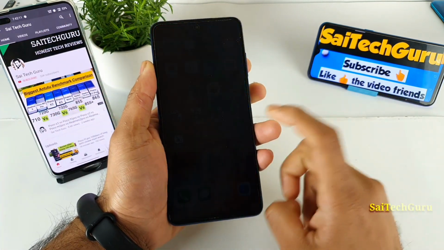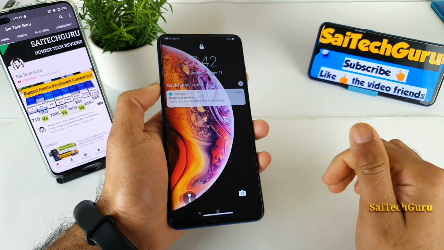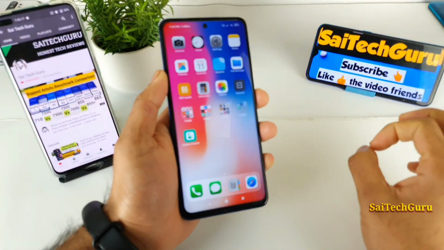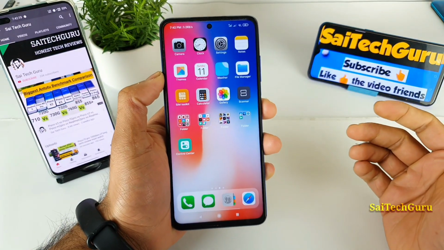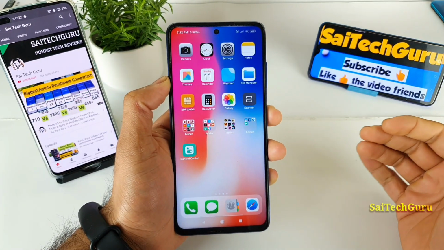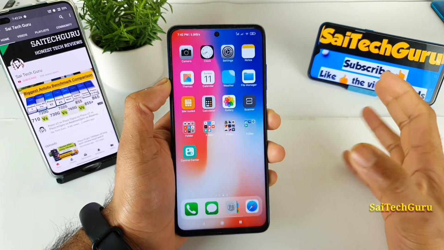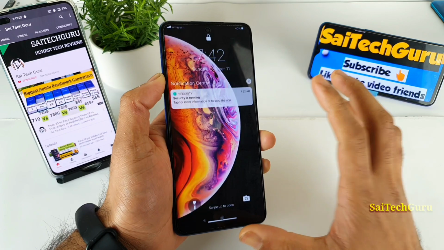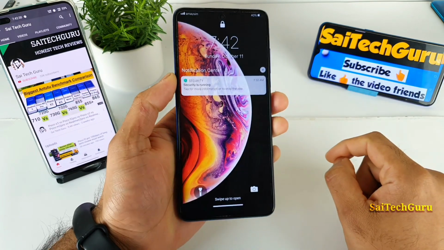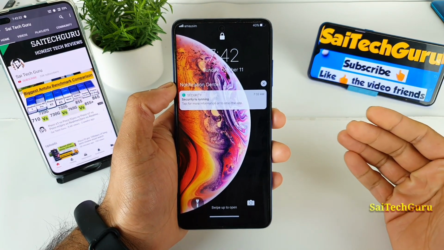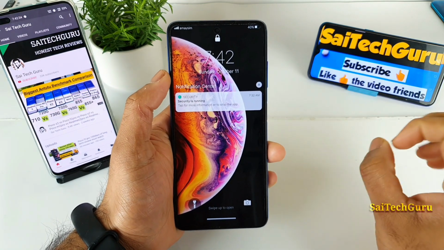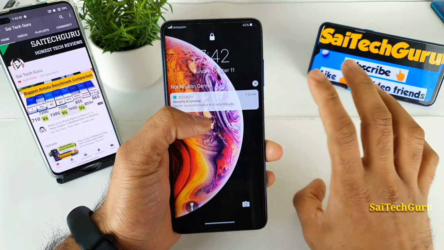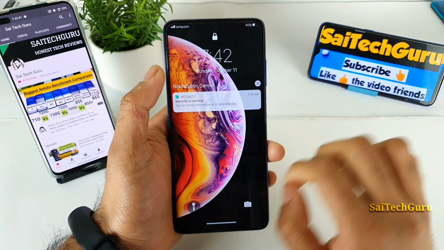So now let me talk about the lock screen. I did speak about this lock screen in the beginning itself. As I said, try not to use any other fingerprint or face ID. If you use the fingerprint or face ID, sometimes the lock screen will get confused and it won't unlock, and it won't show you sometimes. So this kind of thing may happen, but you can try with the face ID and fingerprint as well. But if you feel anything going wrong, then you can disable the fingerprint scanner and just use the normal lock screen. Then this will work pretty fine.